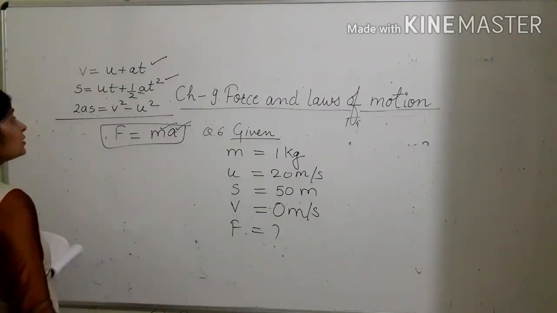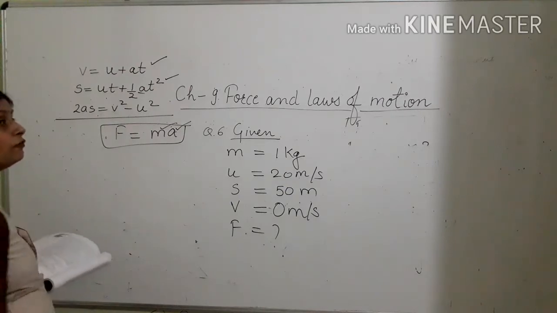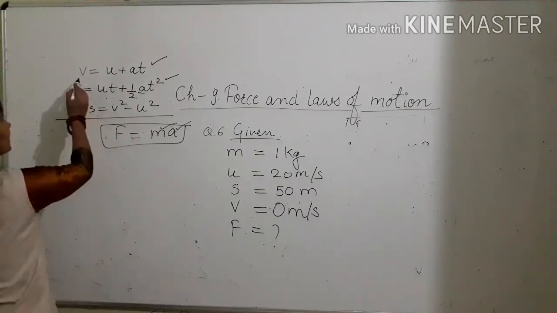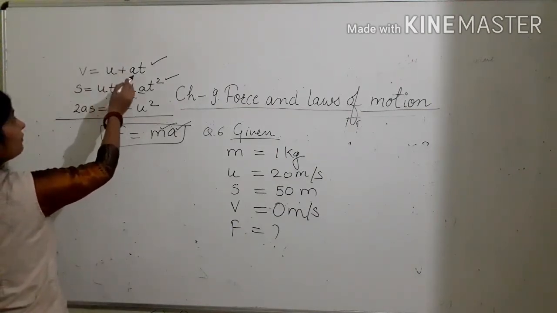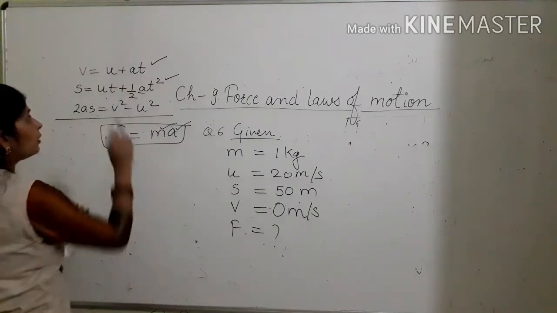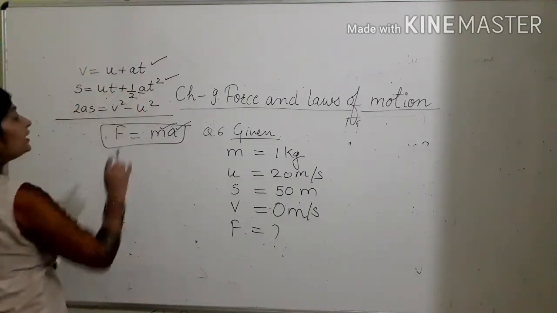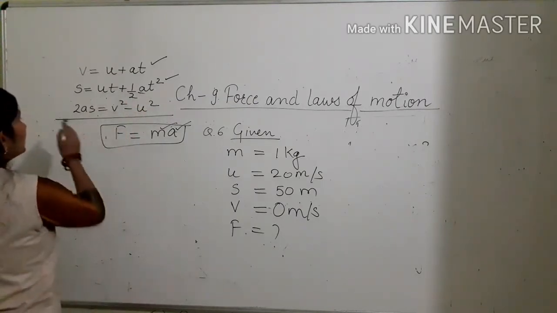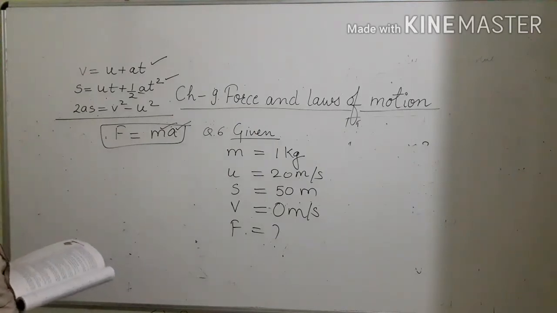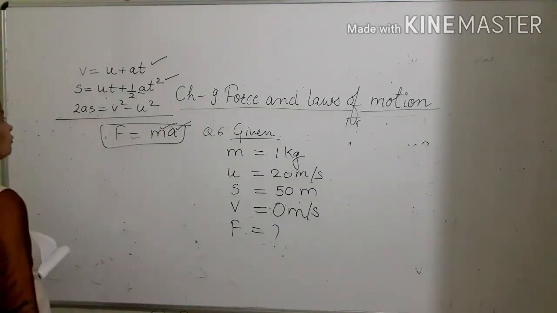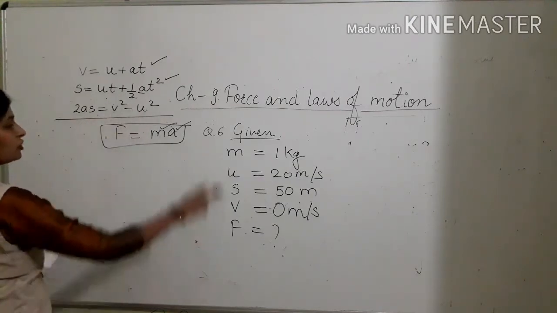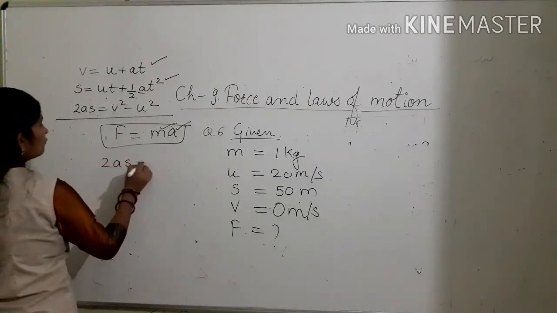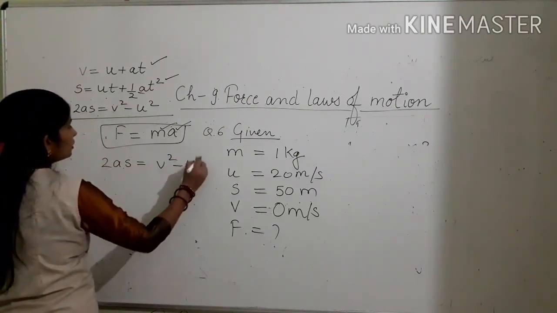We will find acceleration by any of these equations. Which of these equations can we apply? First, v is given, u is given, a we have to find out, but t is not given. So we cannot apply the first equation of motion. Second, definitely not, because here also t is required, which we don't have. Then third, yes, we will apply the third equation of motion, because in this equation we need s, v, u, which are given. So we are going to apply the third equation of motion, 2as = v² - u²,